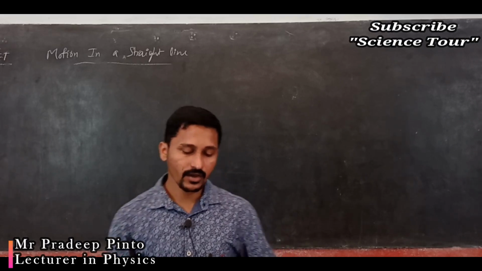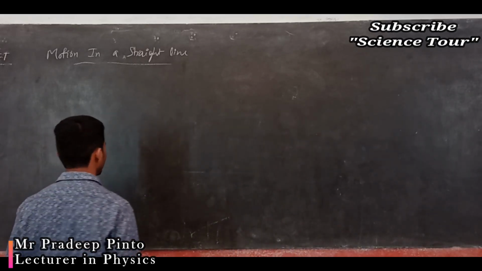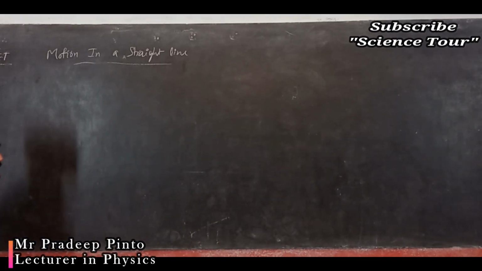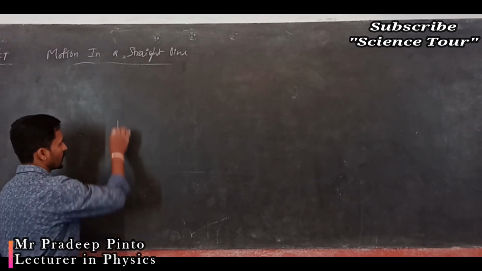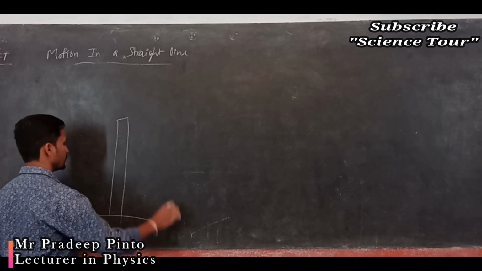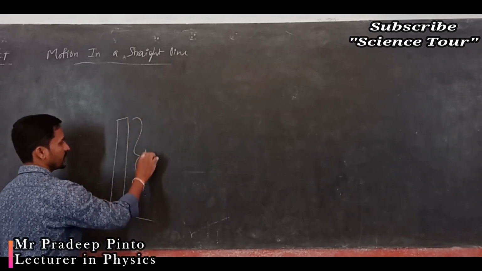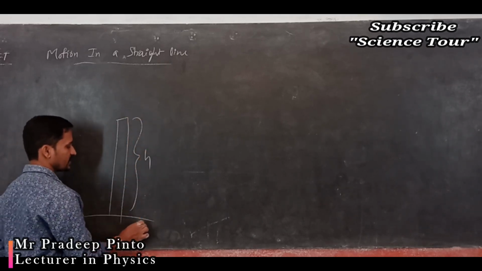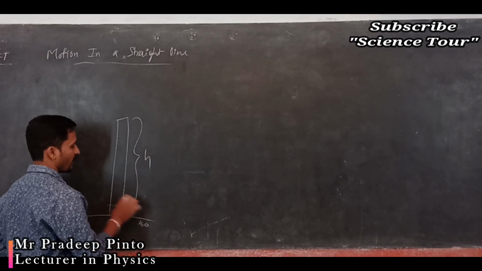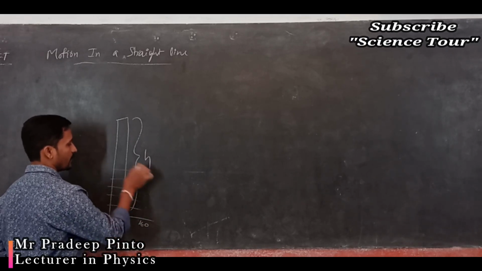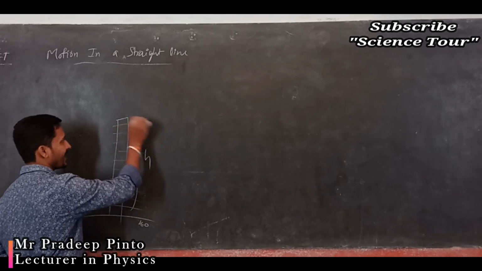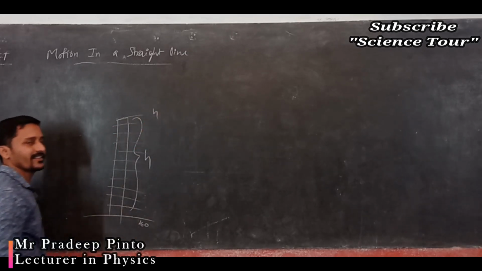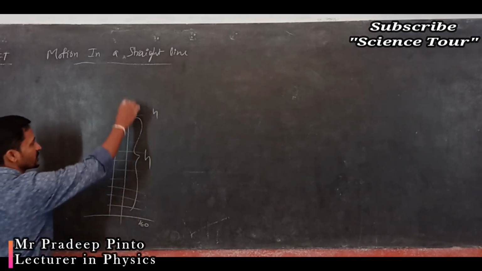Now we have upward motion, and that is nothing but free fall. Now I am going to talk about just upward and downward motion. Later we will come to the free fall case in detail. Now this is the height of the building, H. So this is x equal to 0 meters, then x equal to 1 meter, 2 meter, 3, 4, 5, 6, 7, 8, 9, 10, up to H. Now you are somewhere here.